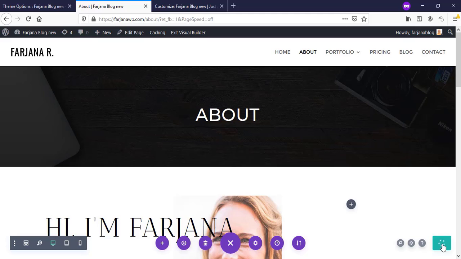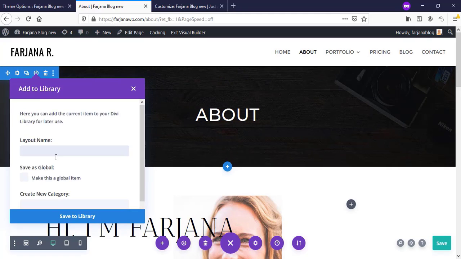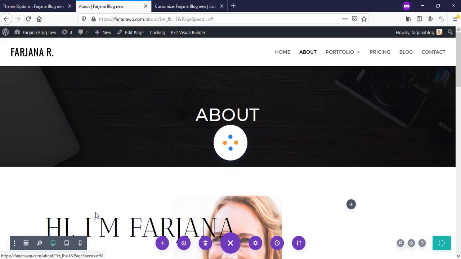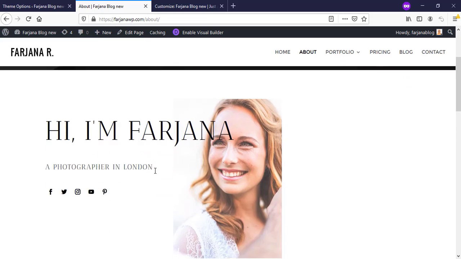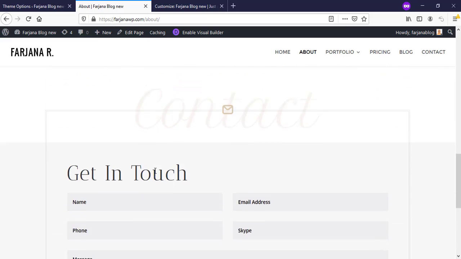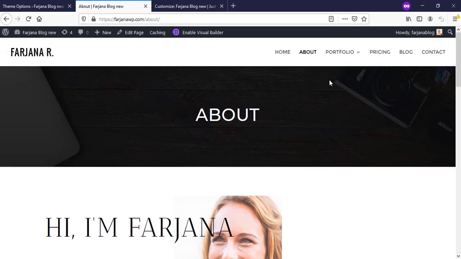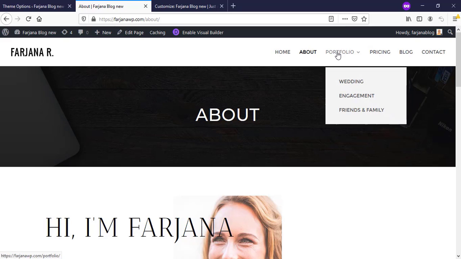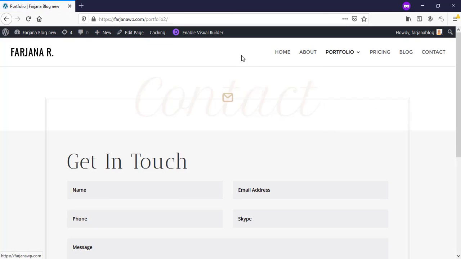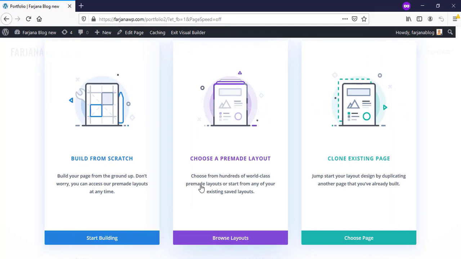Now save this page, and we can make this section a header, page header. So I'm typing page header and save to library and exit Visual Builder. Okay, so our about page is ready, and next I'm going to portfolio and enabling Visual Builder, and here I'm going to choose another pre-made layout for this page,